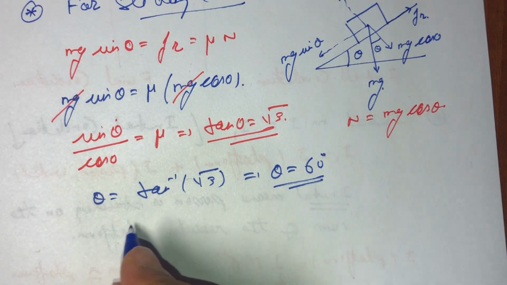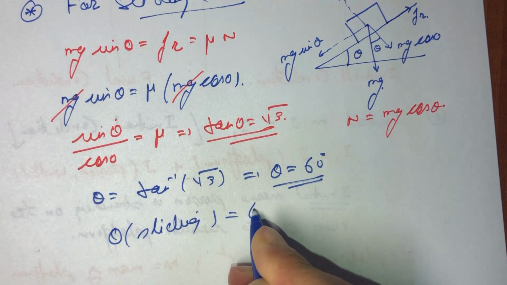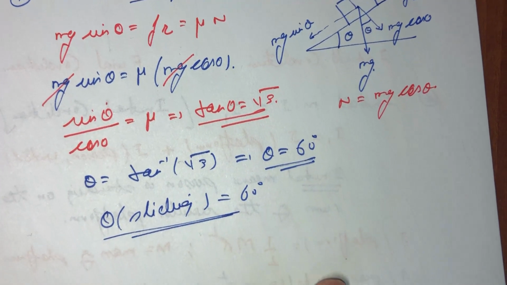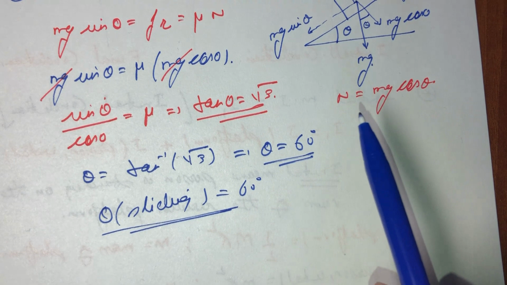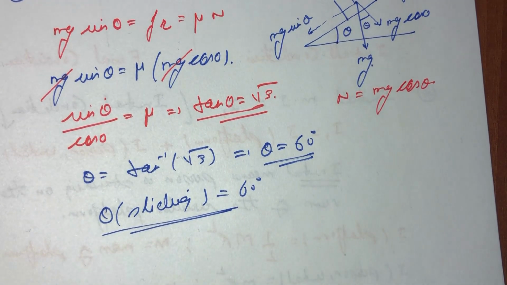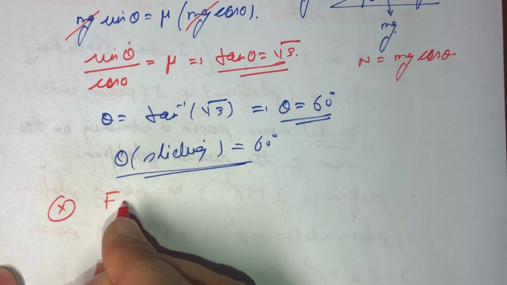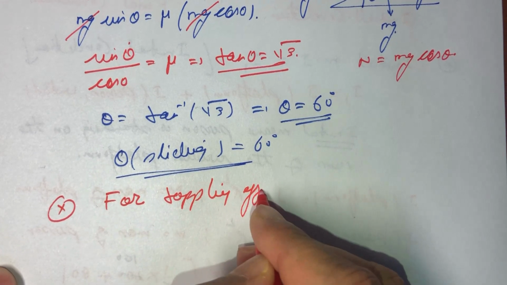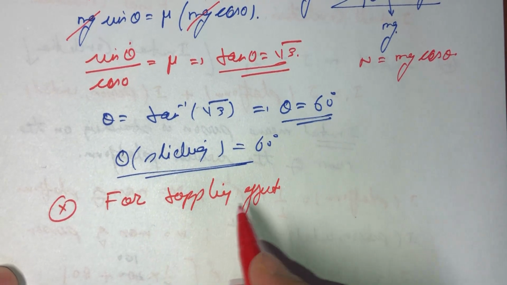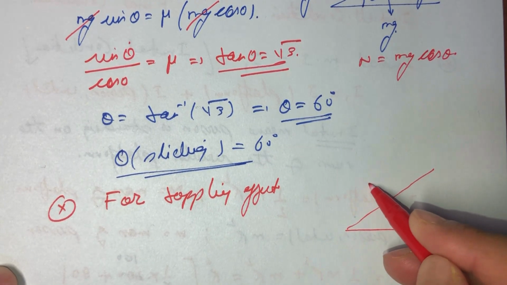So let us write this theta as theta sliding equal to 60 degree. When theta reaches the value of 60 degree, the block just starts to slide. And now let us find out for the toppling effect. So let us once again draw the block. So this is our block,